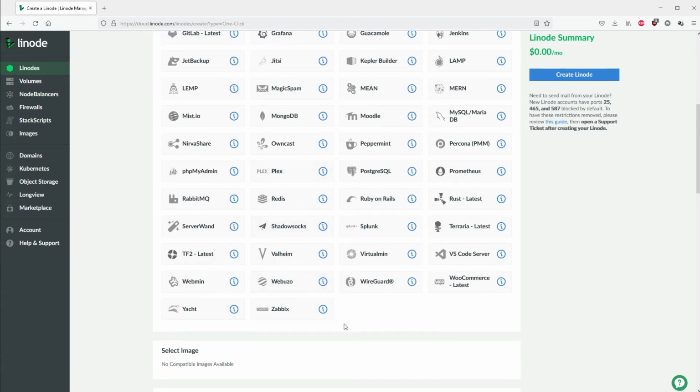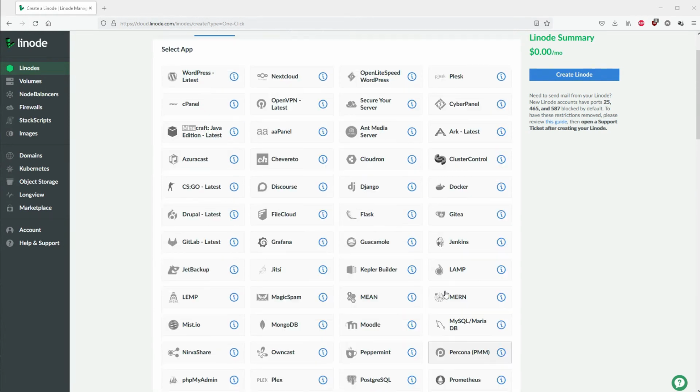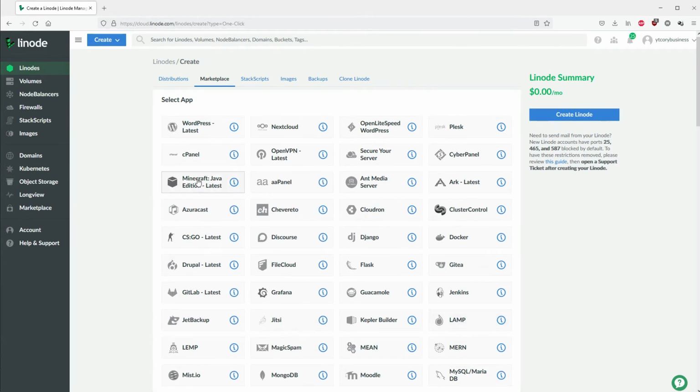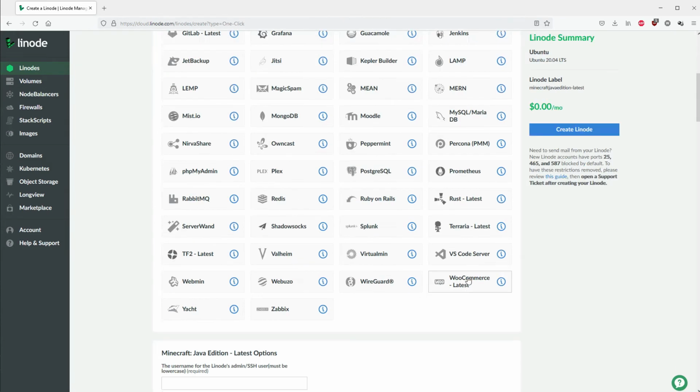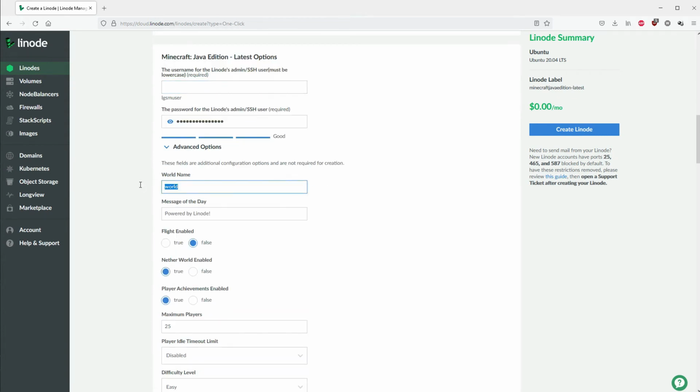Like if you want to have a Valheim server, where's Minecraft? All right, where's Minecraft? Oh, they put it at the top. There it is. So if you want to just do a quick Minecraft server, you just click that, scroll down, and then from there you can give it the user that Minecraft is installed under. You can set up the world name,